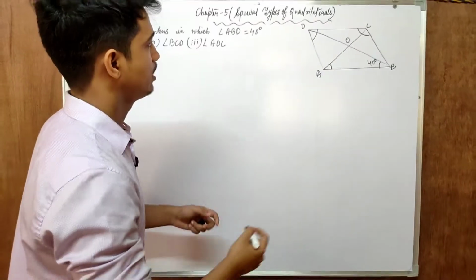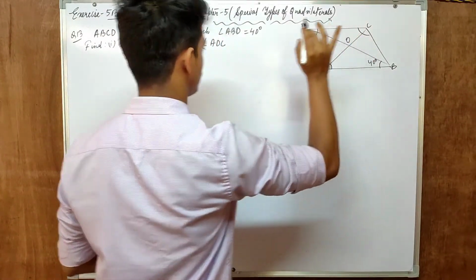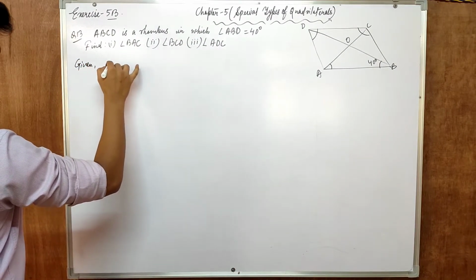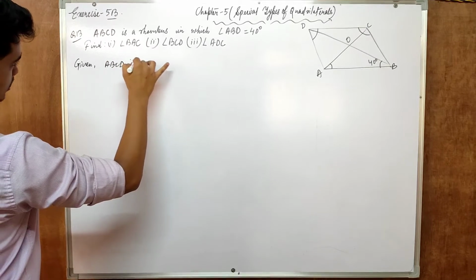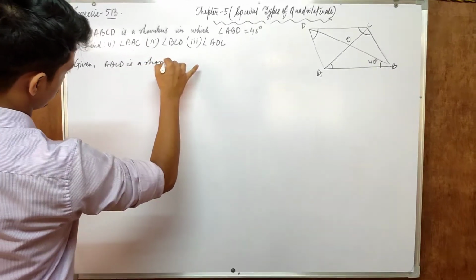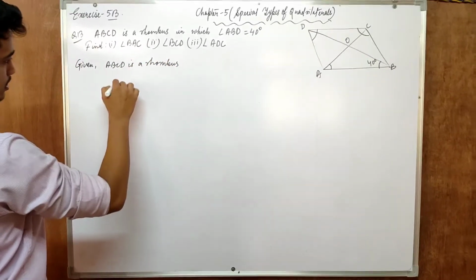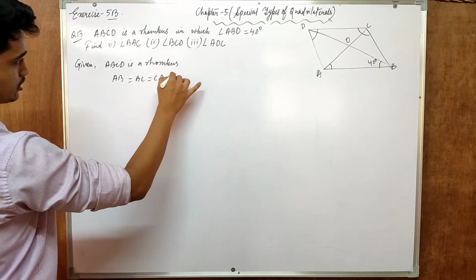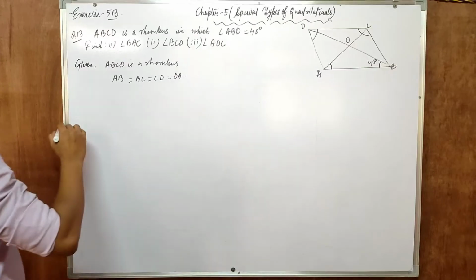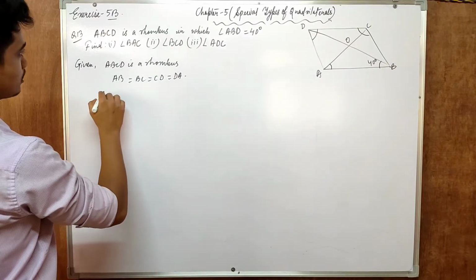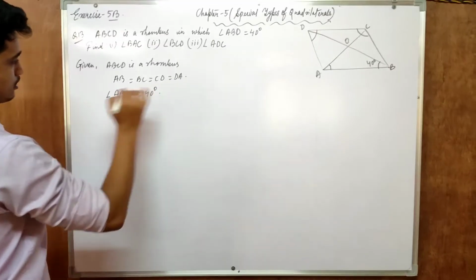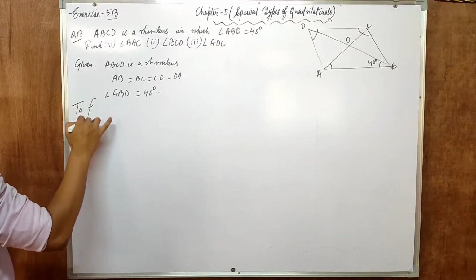So how will you do it? Here ABCD is a rhombus. So first of all, write down given: ABCD is a rhombus. So that means AB equal to BC equal to CD equal to DA, right? And one angle is given, that is angle ABD equal to 40 degree. That much given. To find: